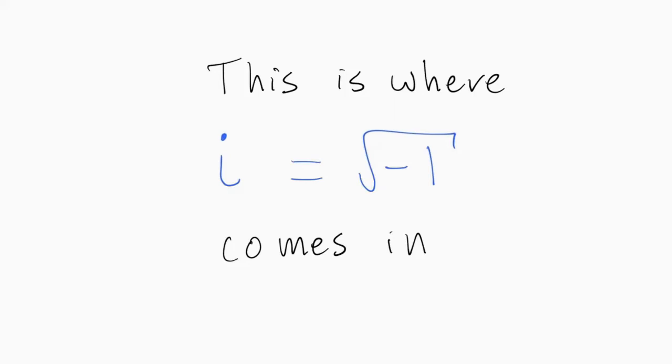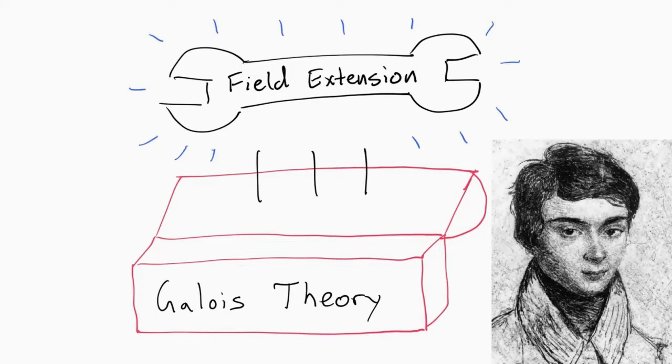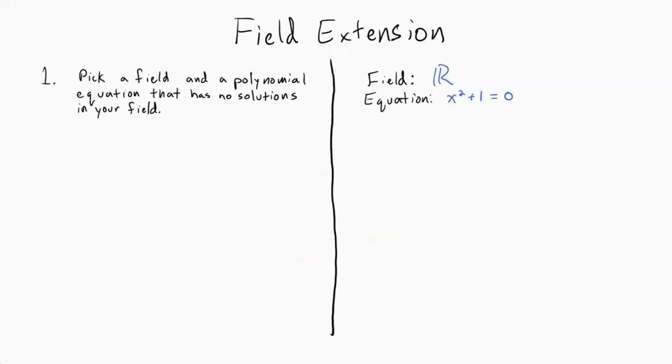To justify the advent of the imaginary number i, we're going to reach into the toolbox of a mathematical subject called Galois theory and grab a tool called a field extension. Galois theory is a subfield of abstract algebra named after 19th century French mathematician Évariste Galois. What we're going to do today with field extensions bears actually very little resemblance to the work that Galois did during his lifetime, but whatever, it's still his theory. And if you're interested, there's actually an entire Wikipedia article titled Things Named After Évariste Galois, so that's a wild read.